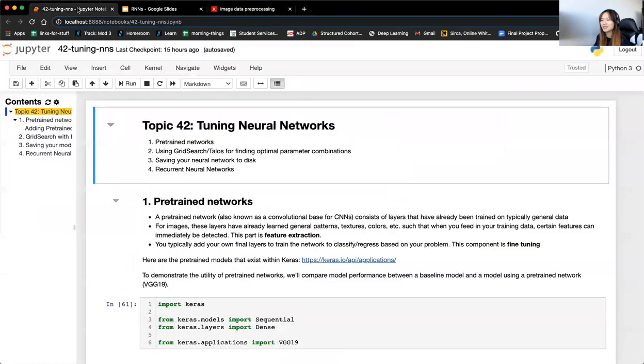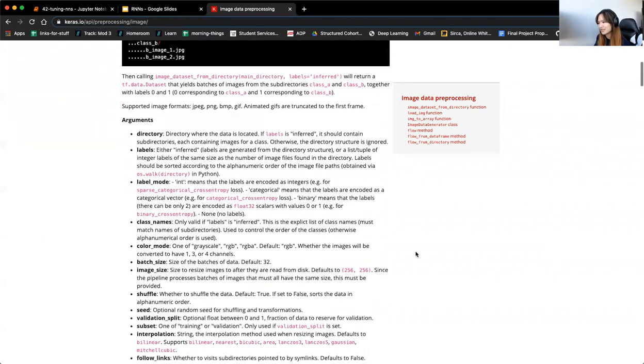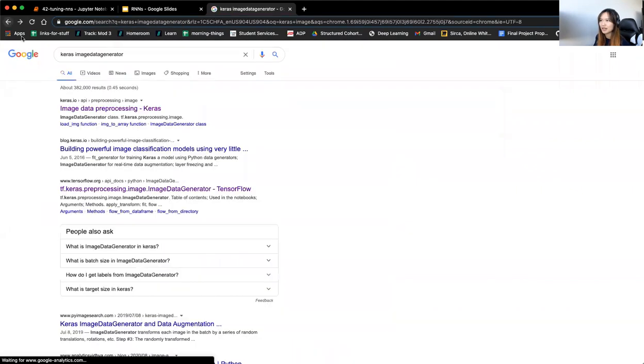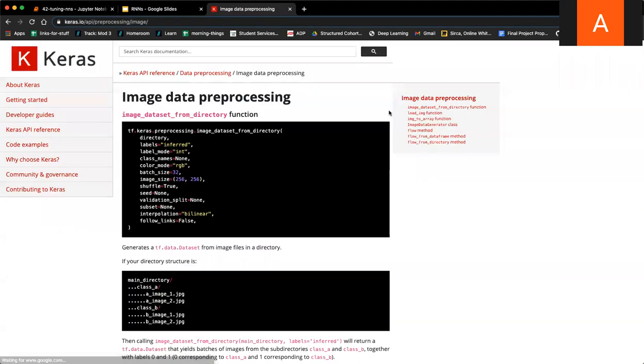All right, so today is going to be our third and final study group on neural networks. But before we start, we have some questions about the image data pre-processing, image data generator object here. This is not exactly it, but basically Ali had some questions about the image data generator class as well as